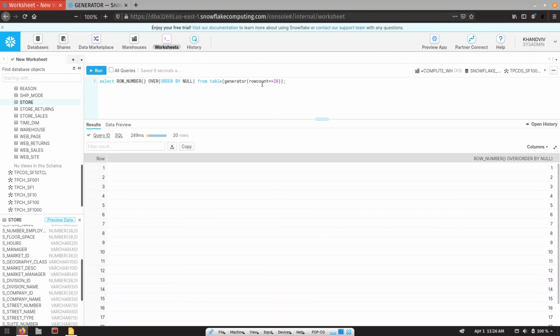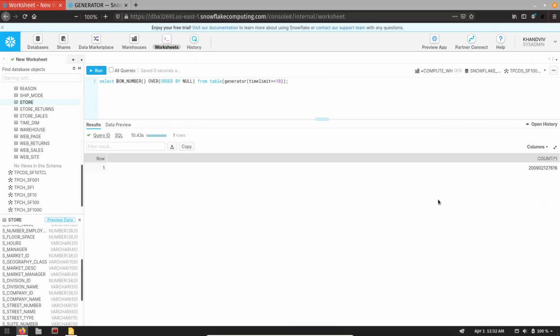Now let me show you the example of time limit. Just simply put time limit over here, and let me mention seconds. Suppose I want to get all the rows generated in 10 seconds, and now let me take count over here instead of row number.